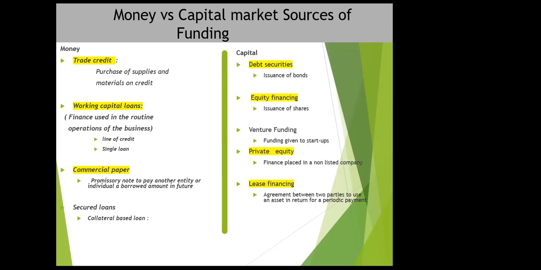So this one also is difficult for startups. Debt securities, something that you can't do. Equity financing, there are requirements that you need to meet for you to issue securities, and usually these are also for big businesses or companies,